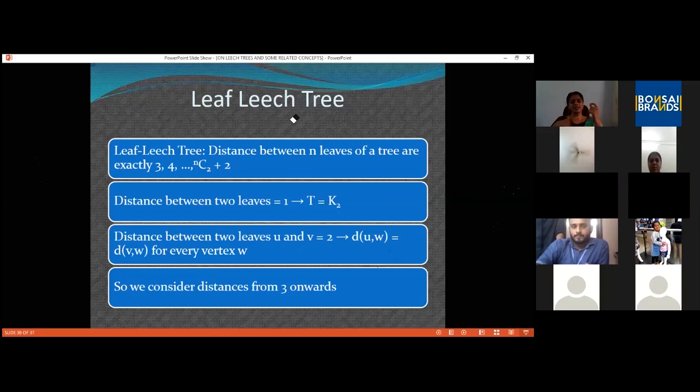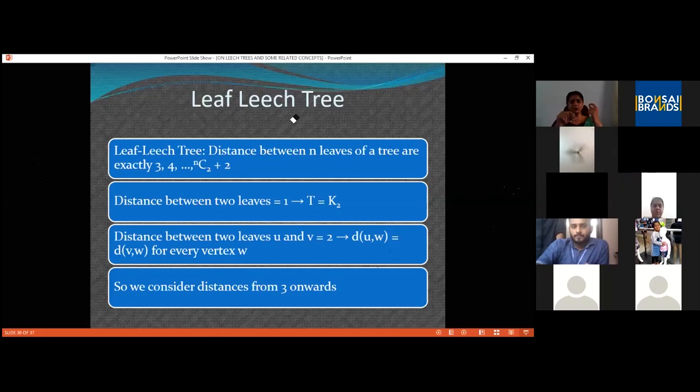UX path means from X, you have to come to W and then go to U. Similarly, from X to V means you have to come to W and then to V. That is, the distance between U and X will be exactly the same as the distance between V and X. We need these distances to be distinct. So the tree cannot be extended further from the vertex W also.